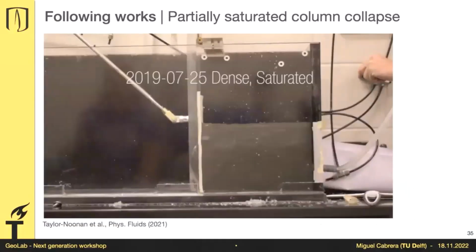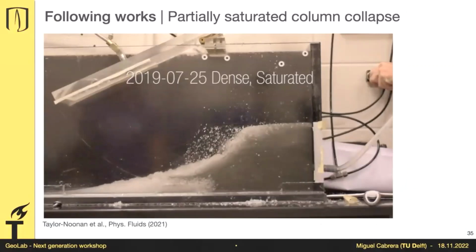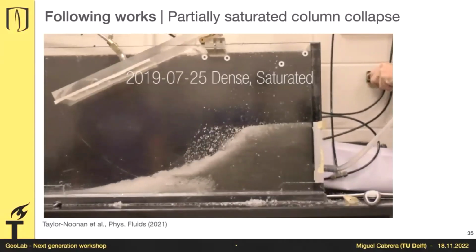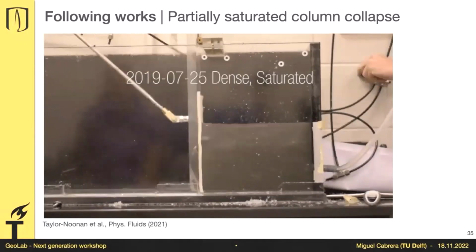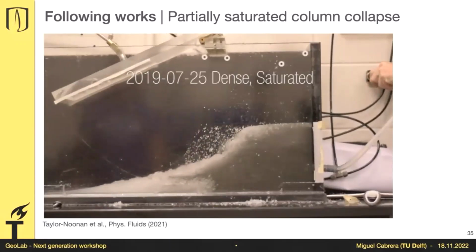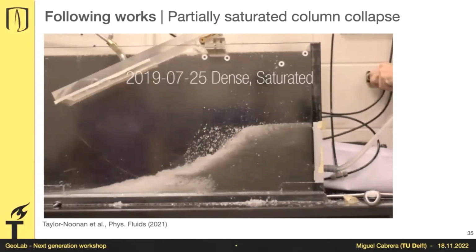Then there were these other experiments that were done at Queens with transparent soils. Here the idea was to explore how the desaturation occurs in a landslide once you release it. The instant you start to see white is because air got there. We were trying to compare the difference between the column collapse of a dense material and a loose material. In a dense material, we expect dilation to happen. That is obvious. But what was new here is that we saw that dilation happens as a series of fingers that penetrate just to a certain thickness and destabilize the whole column.